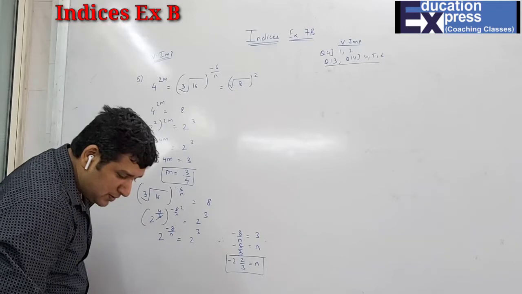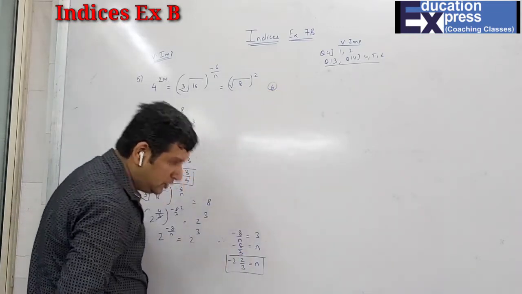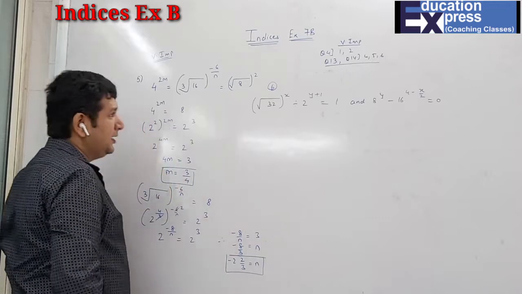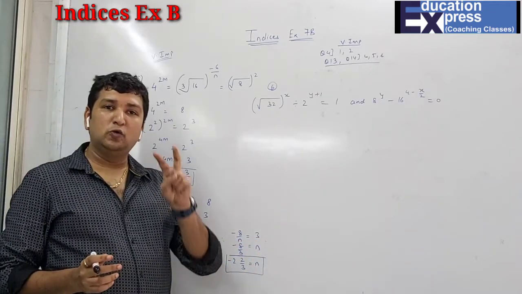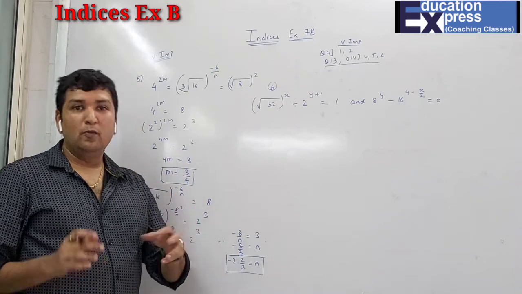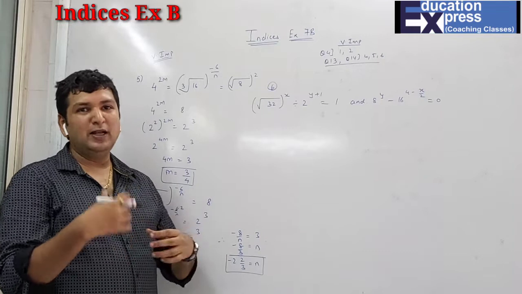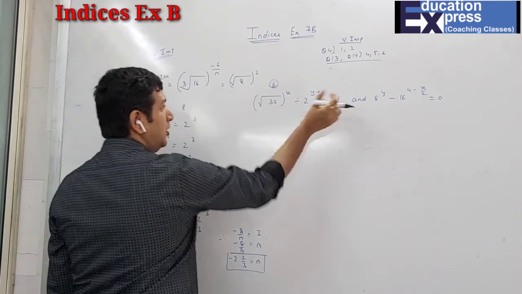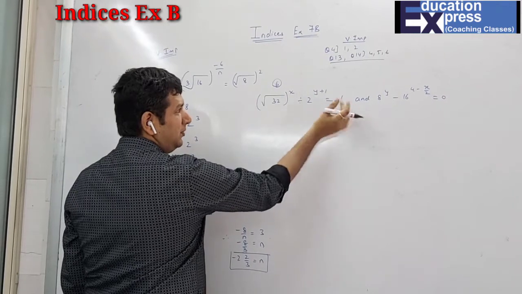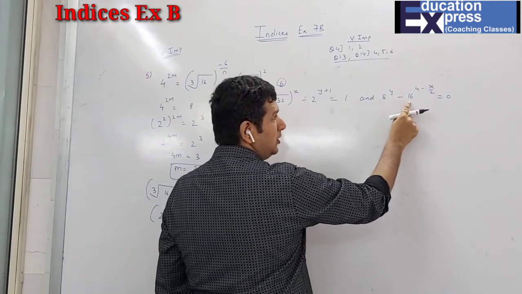Now question number 6. Again very important. Students, again I have given you a simple thing that either will be having 2 terms or more than 2 terms. For 2 terms I will take each term on the other side, and for more than 2 terms we will just see whether the base has a power as variable. So now here you can see this is one term, second term, and they are on either side, no problem. Here there is 1, 2, and they are on the same side.